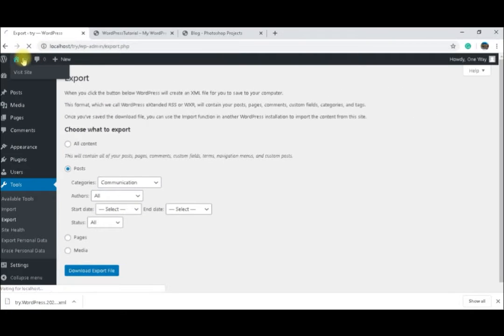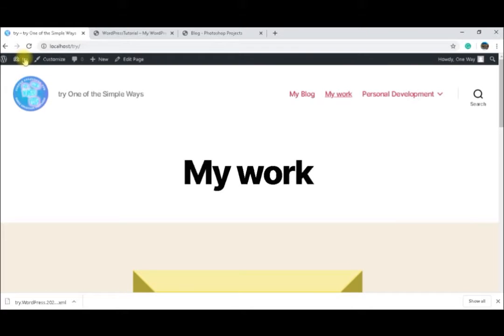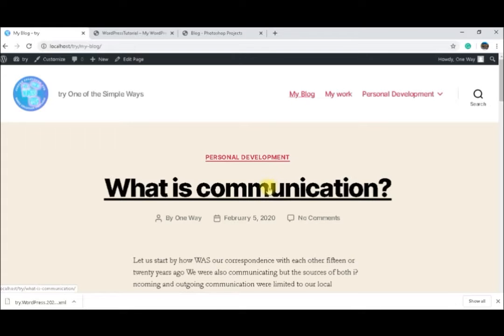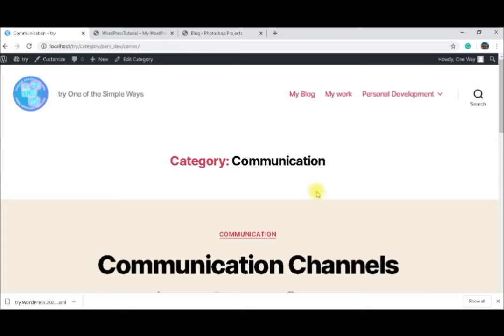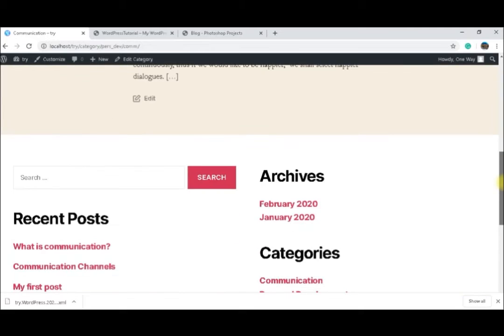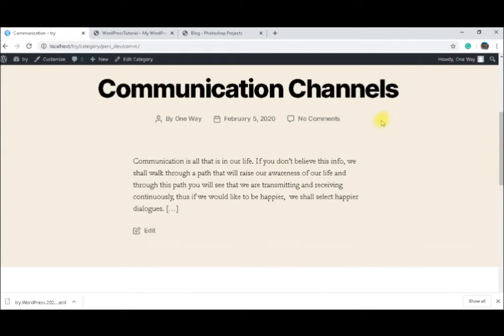Just to remember which post was this one. If I go to my blog, this one was under the personal development. If you remember, we had here our menu tabs for our categories. We go to the communication post. This one was a communication post. It was under the title of communication channels. If we click on the post itself,